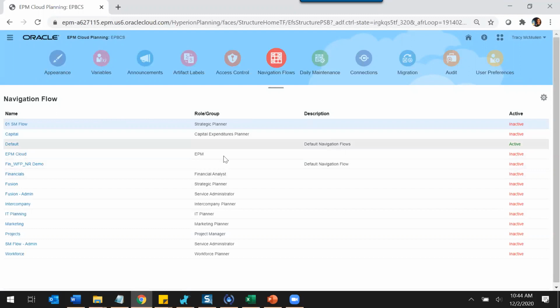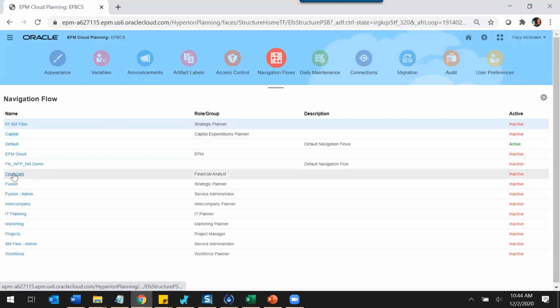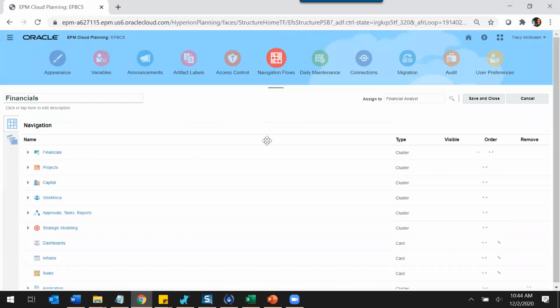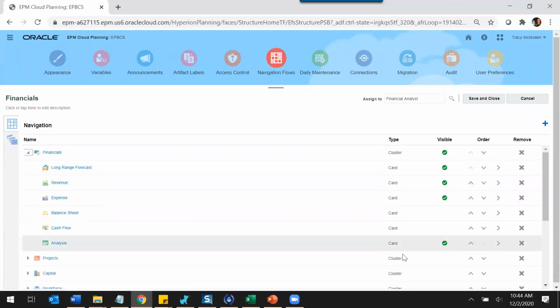Right now only the default is active, but you can have multiple ones. This is where you can create your own or change the existing navigation flows. So let's click on financials here. This is for the financial analyst group. You can see here we've got these cards and clusters, but if I wanted to add in a new one,